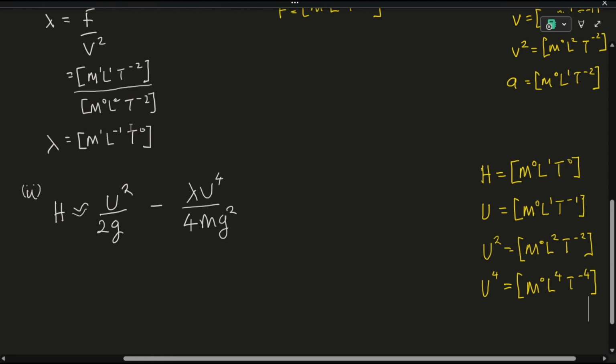Now we have the dimensions of lambda over here, so we'll go ahead. So with the dimensions of u squared